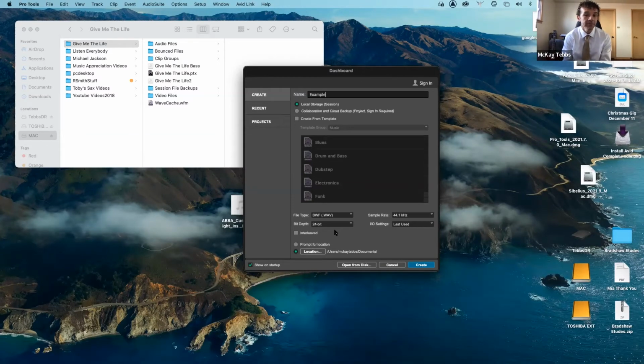So if you know that you have room on your hard drive, then you might want to just say, well, I'm going to record it high because I know I have the room. If you're recording a professional recording that you want to sound polished and sound really great, then you're going to want to use the